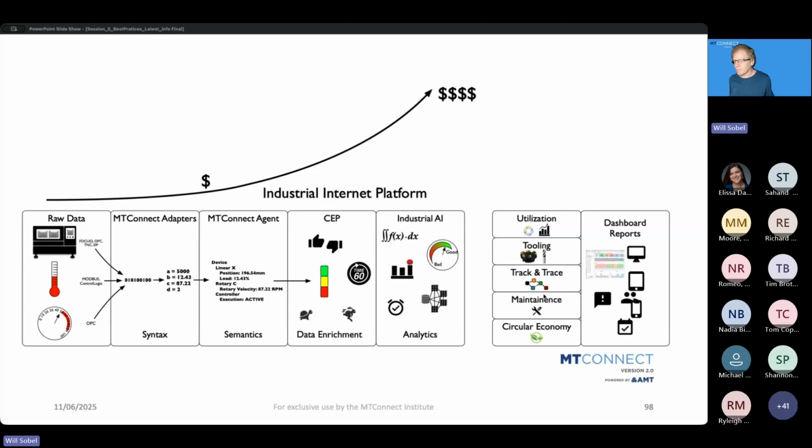I can now, especially with parts of process, do track and trace. I can say, okay, what was the life cycle of this part? Where did it go? Which machines did it go to? How was it made? What tools were used? What process was chosen, etc. How was it measured? What were the measurement results? How did the measurement results compare to the initial design, and how did that then compare to what was happening in the manufacturing process? Can I get any sort of signal as to why things were going